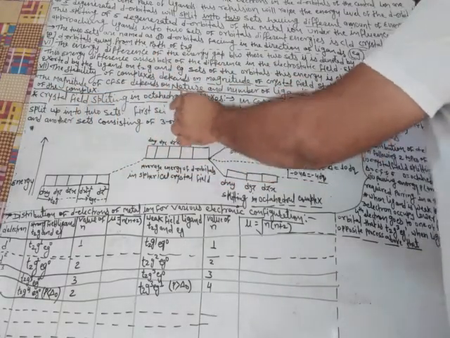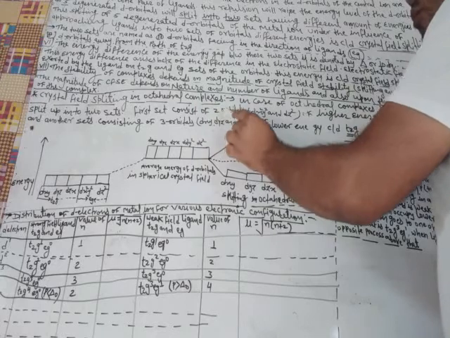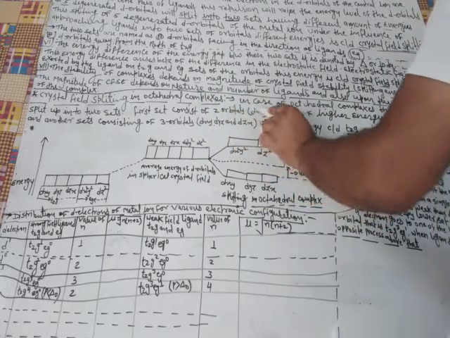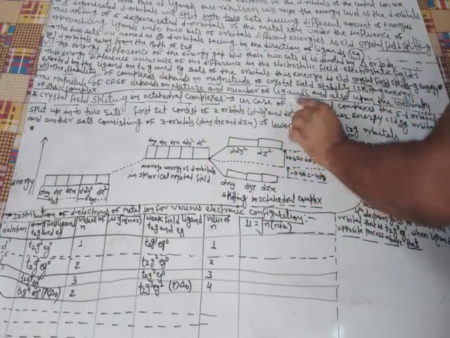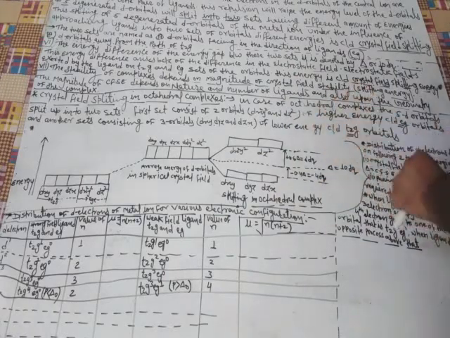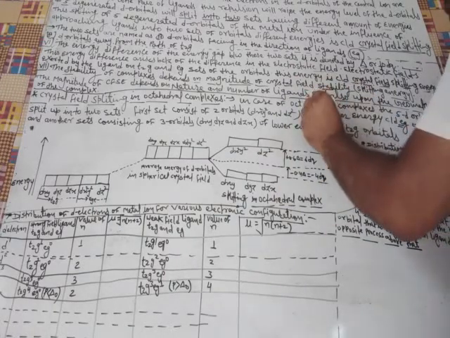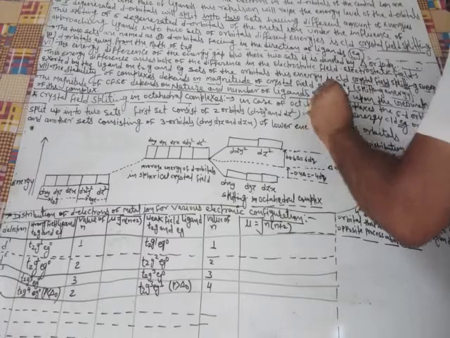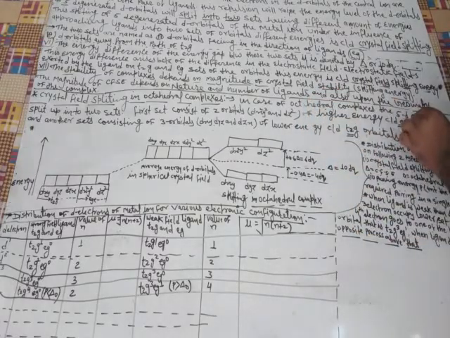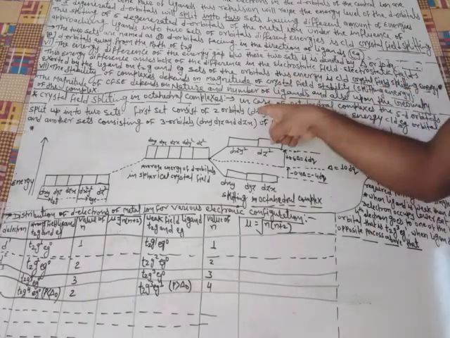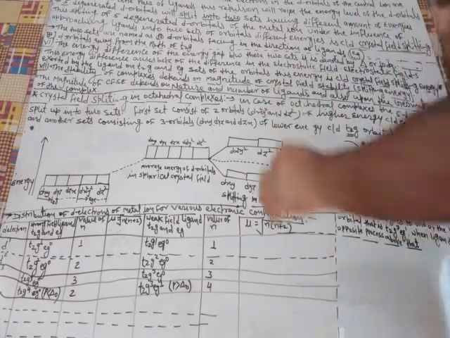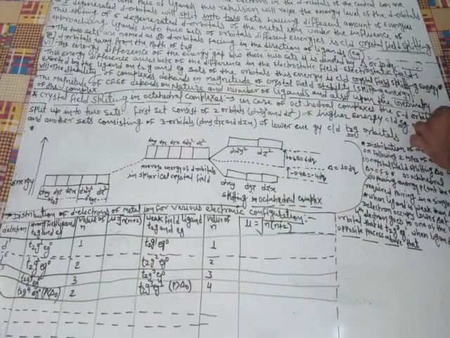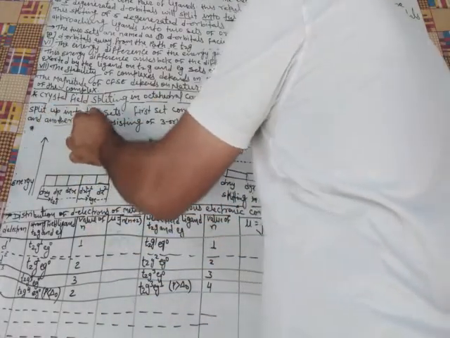The first set consists of two orbitals known as dx square y square and dz square, of higher energy, called Eg. Eg orbitals are dx square y square and dz square, two orbitals, and another set